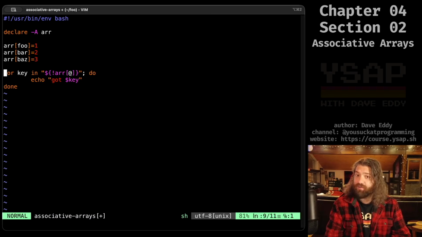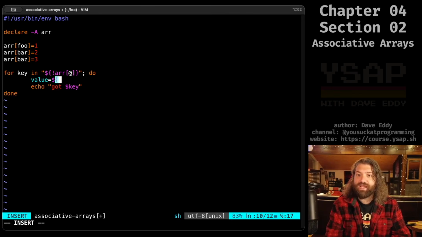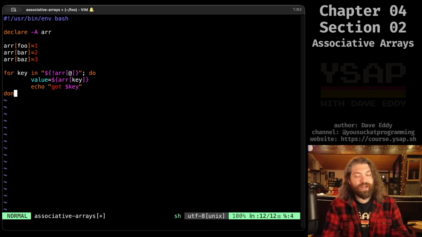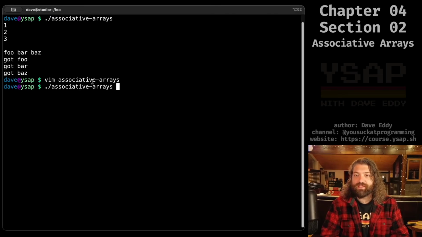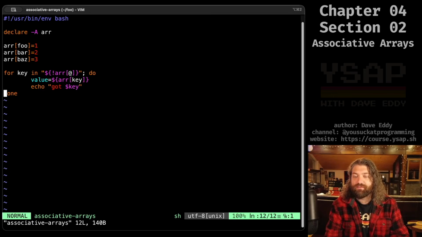So now, how do we get the value out of it? Very simple. We can do value equals, and then we have to index into that array. The array is called ARR, and the key we are using is just called key. That's it. Now here's the thing. If this were a numeric array, this would be totally fine. But with this syntax, it thinks we're looking for a literal key named key. So if I were to run this, you can see got foo, got bar, got baz. Oh, I didn't print anything. Yeah, so let's go ahead and print got key